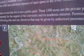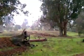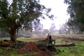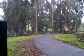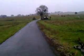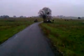After leaving the map, we took a look around. A lot of large eucalyptus trees in this area, some of them fallen down. The sweet smell of eucalyptus oil. And then just beyond the eucalyptus grove, we started approaching a cattle field, which is separated from the rest of